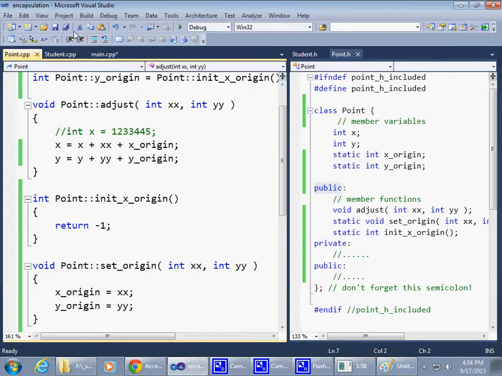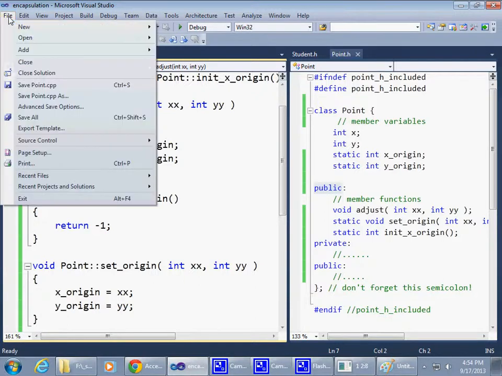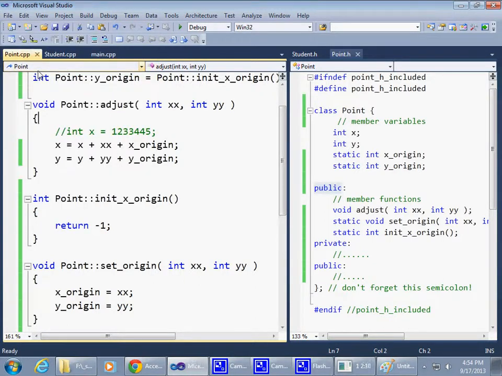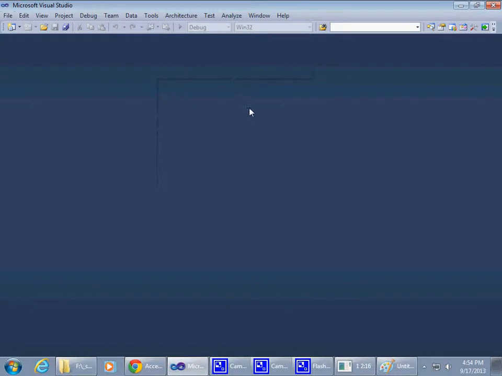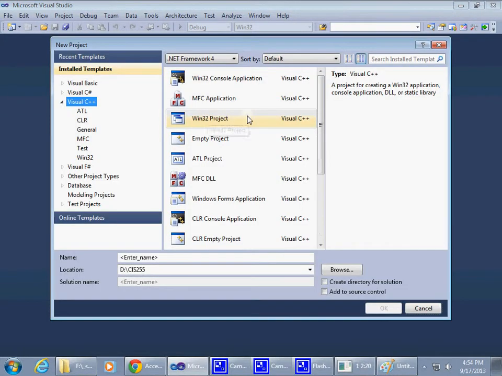Well, you know what? When you call it to create one, you would have to pass it. It's a very good point. You know what? Let me do this. Let me close this entire thing and create a brand new project, and just run this little demo